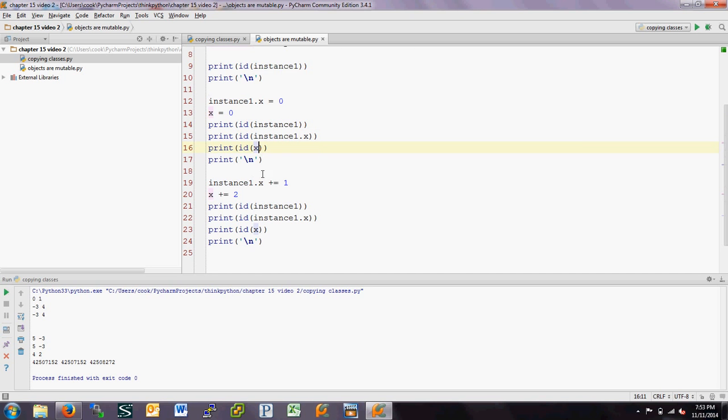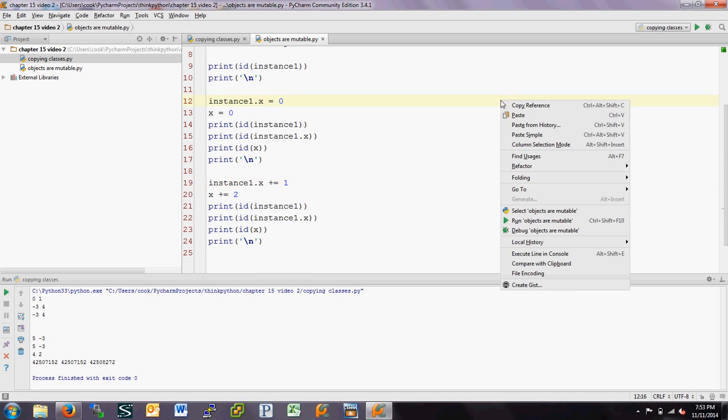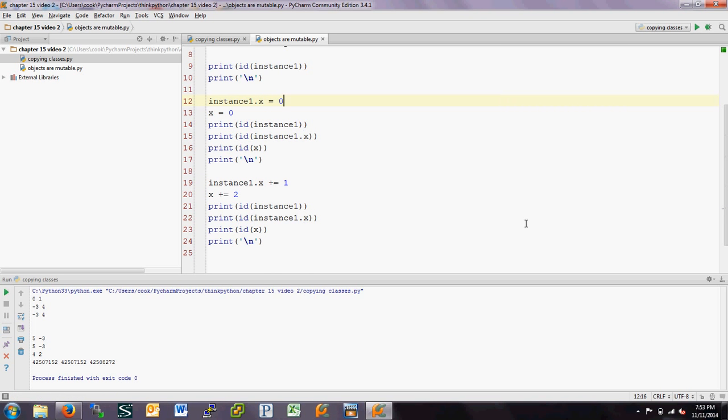But then what we're going to do is make a change to instance1.x. We're going to add 1 to it, and we're going to add 2 to x, and print out the IDs again, and we'll see, again, something interesting. I think it's interesting. So we run this,